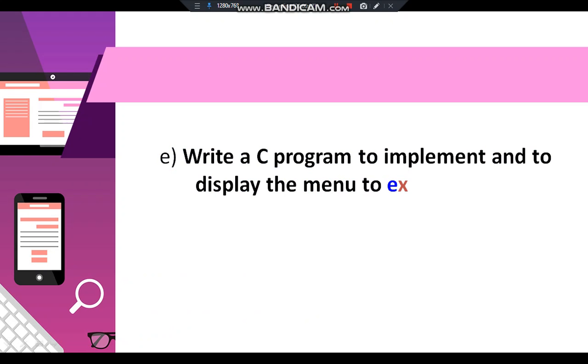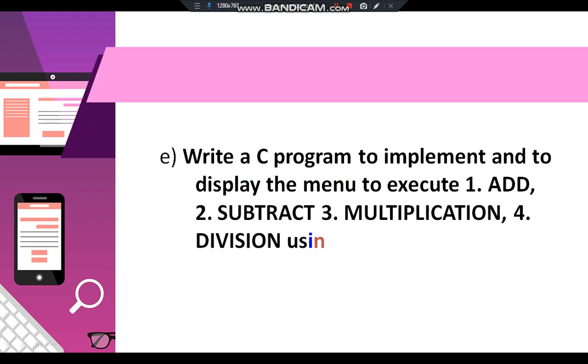The next program we are going to execute is to write a C program to implement and display a menu to execute add, subtract, multiplication, division using switch case.